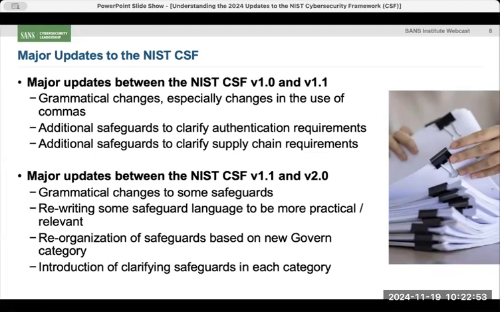The other thing I'll say is they did clarify safeguards in each category. So there's definitely some more introduction of that, more clarifications. For the most part, if you say, okay, James, are there big new requirements in version 2 that version 1 didn't talk about? I'll point out a couple that we might consider big changes. But again, if I'm really just being honest, from a requirement standpoint, like what are they actually asking us to do, I feel like the list of things really isn't that different.